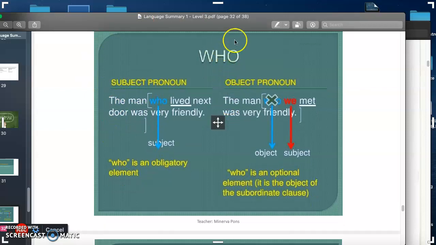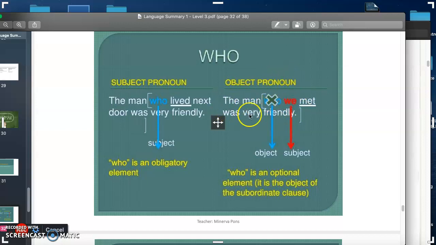Then we have who as an object pronoun. So we have the sentence, the man who we met was very friendly. So in here we have who, that we can erase because it's an optional element. We can say the man we met was very friendly, or we can say the man who we met was very friendly. As you can see in here, our subject is we,